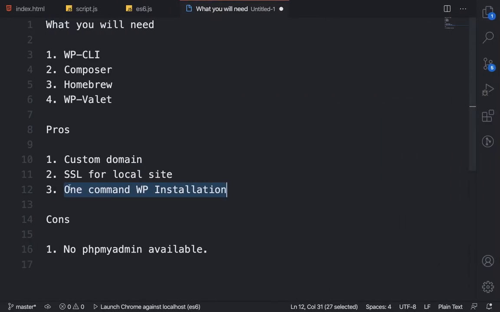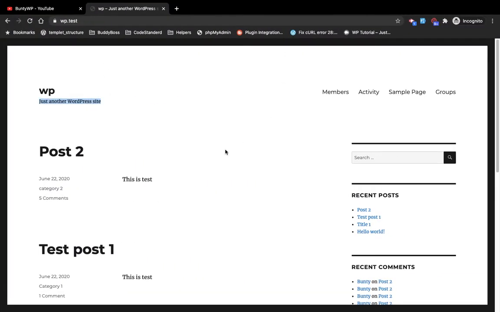And the last one is one command WP installation. I will show you at the very last. First I am going to show you how you can use WP Valet. So for that,